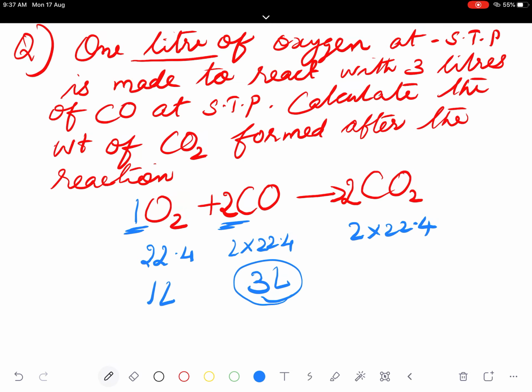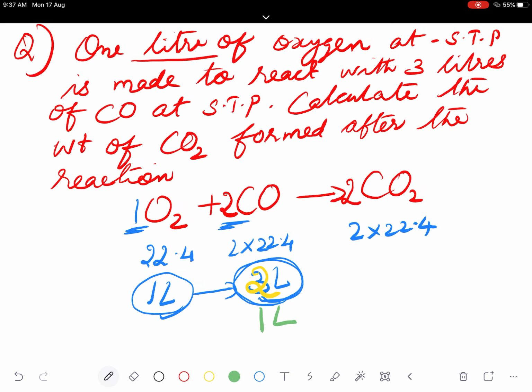From these 3 liters, the 1 liter of oxygen will take only 2 liters. That means 1 liter of CO remains left